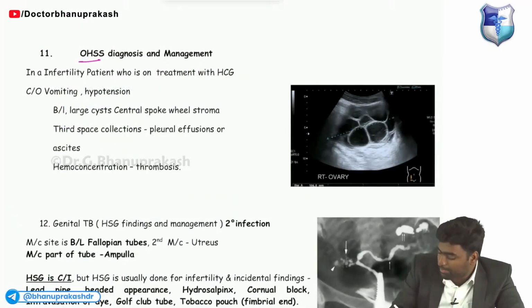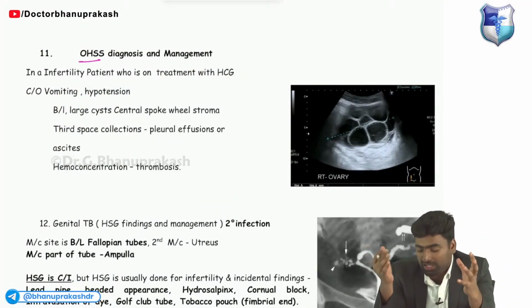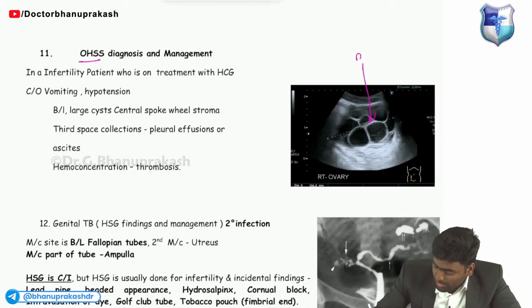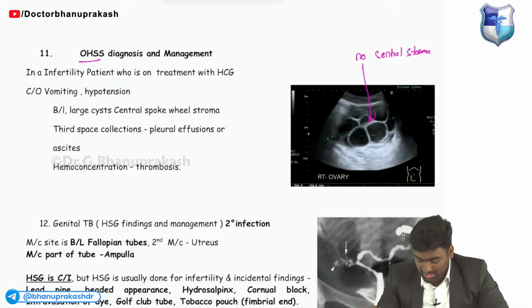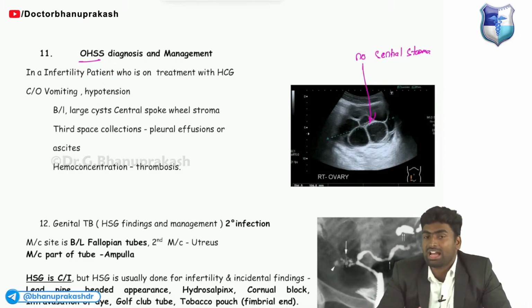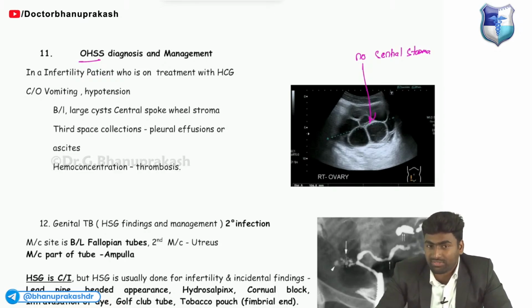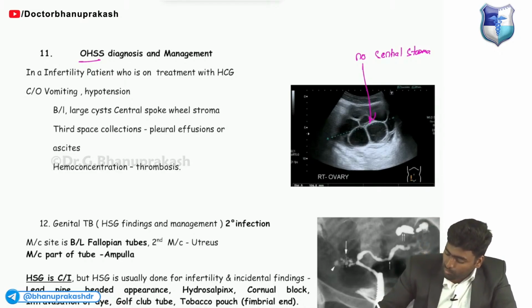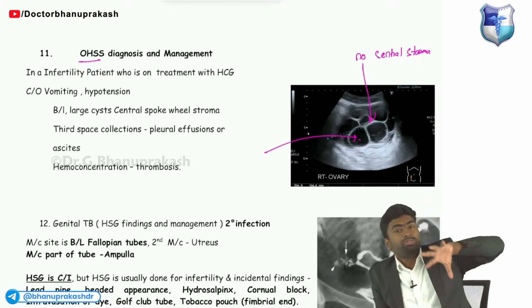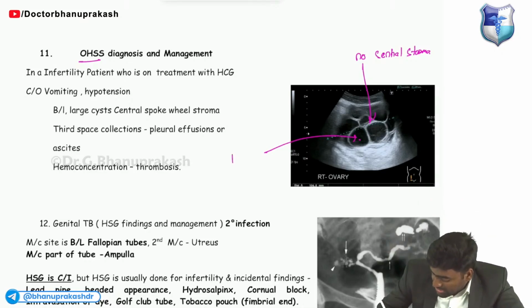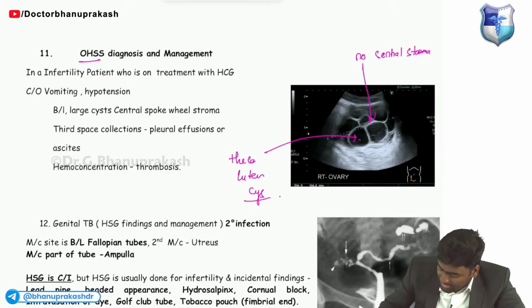Next, about this ovarian hyperstimulation syndrome, it looks like this PCOS, but if you see, there is no central stroma. No central stroma. Okay, so in the case of ovarian hyperstimulation syndrome, there will be no central stroma, and these are those patients who are being treated for the infertility, and because of this more beta HCG, what will happen? It will form this theca lutein cyst, and it will present with these features of vomiting and